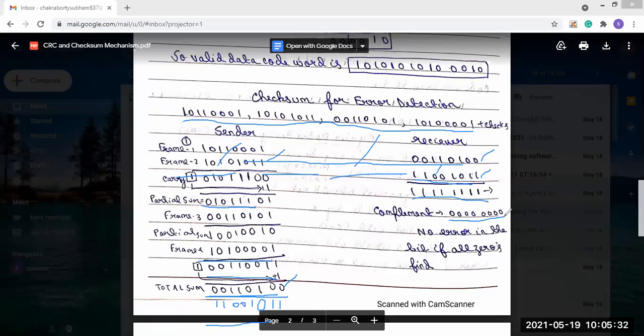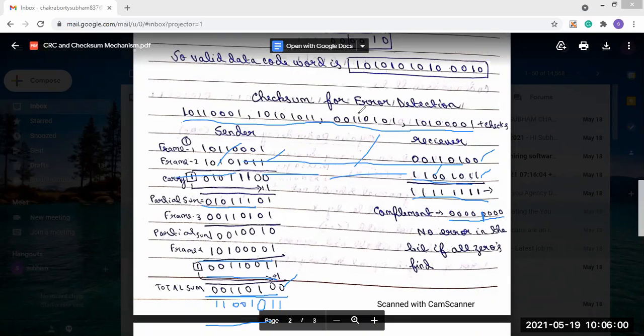If there is no error, no ones will be given. Suppose that when you perform these operations, you get some 1 in the result. After this complement, we get some 1. That would never be possible without an error, because a number's ones complement plus the number itself can never give 0. It will always give all ones.